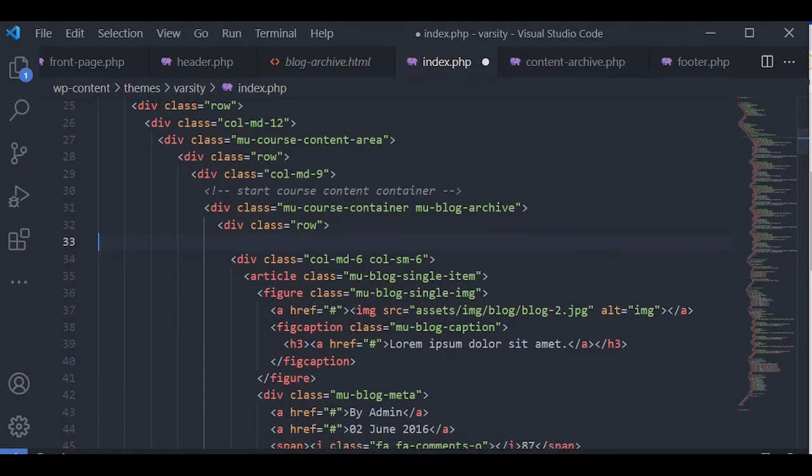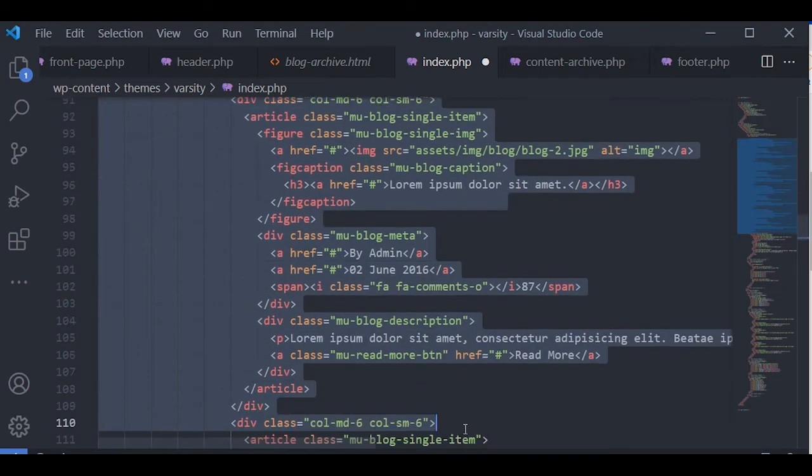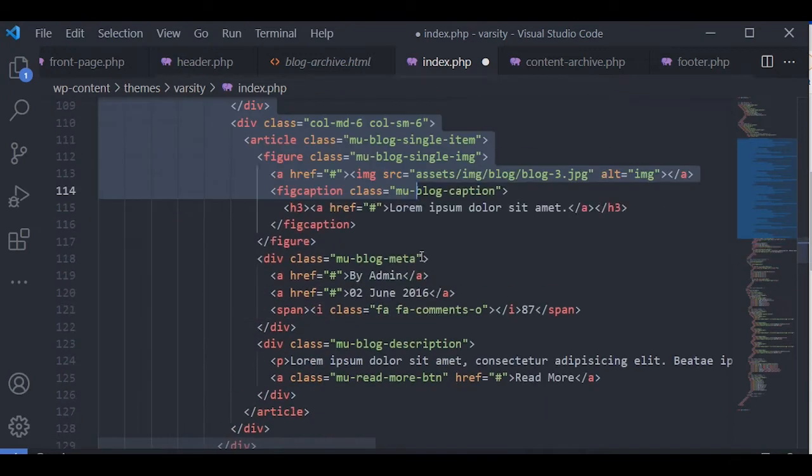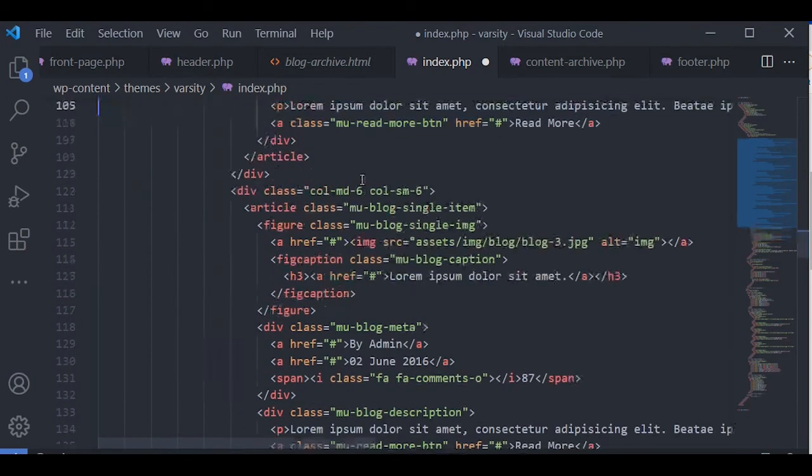Then in the index page, so in this blog page, we can add our posts. So let's remove these up to where we have